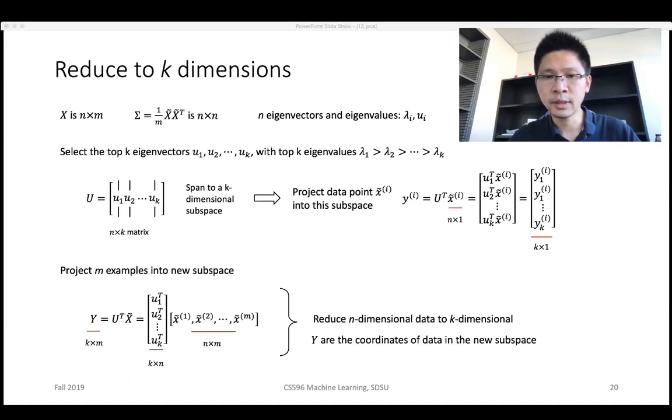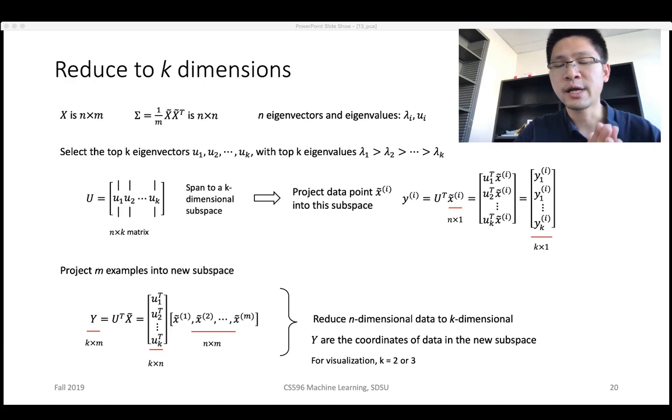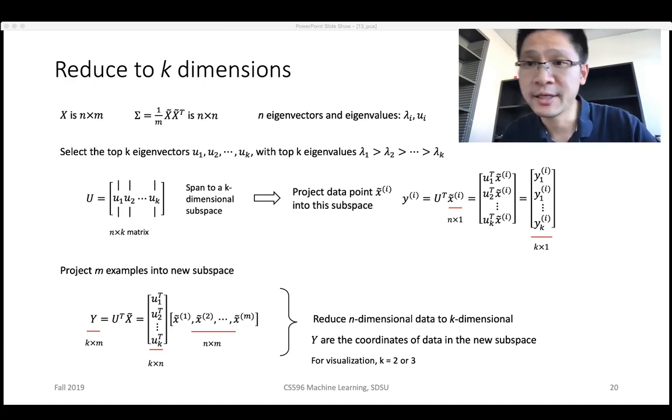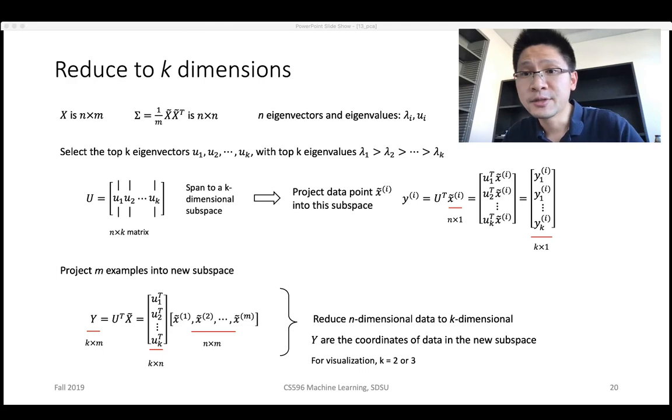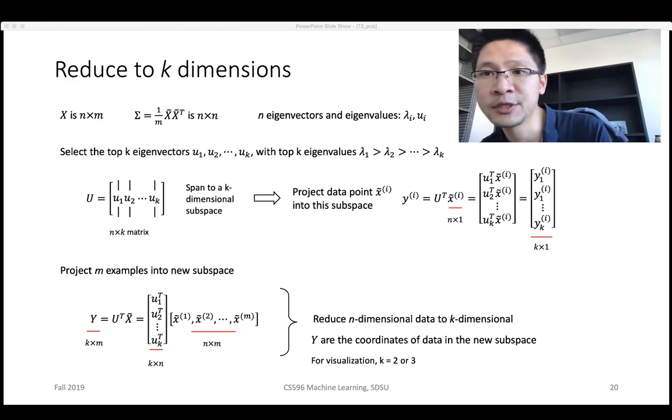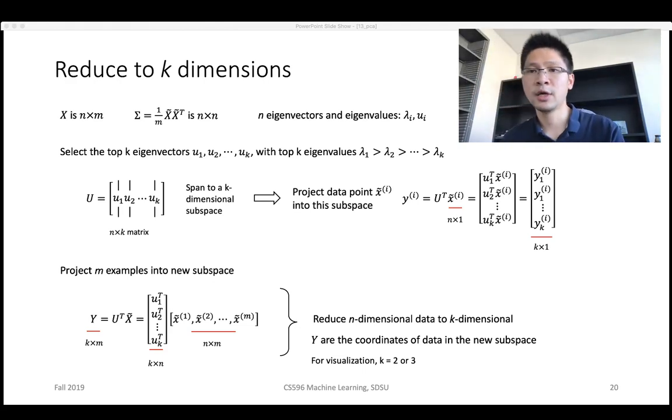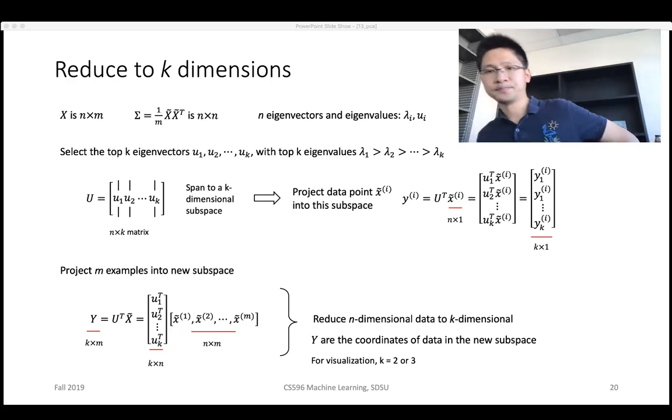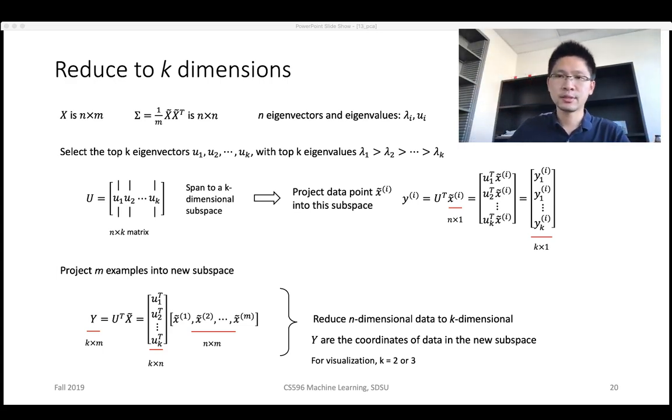Okay, and y are the coordinates of data in a new subspace. So in the most extreme case, we can choose k equals 2 or k equals 3. Now it comes the practical need of visualizing data sets. For high dimensional data, if we have more than 3 dimensions, it's impossible to visualize the 4 dimensions on the 2D space. So all we need to do is to project the original data points into a 2-dimensional subspace